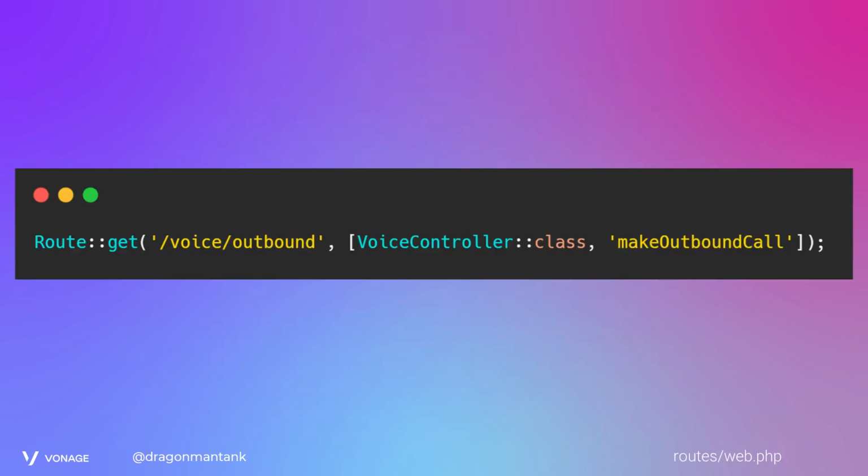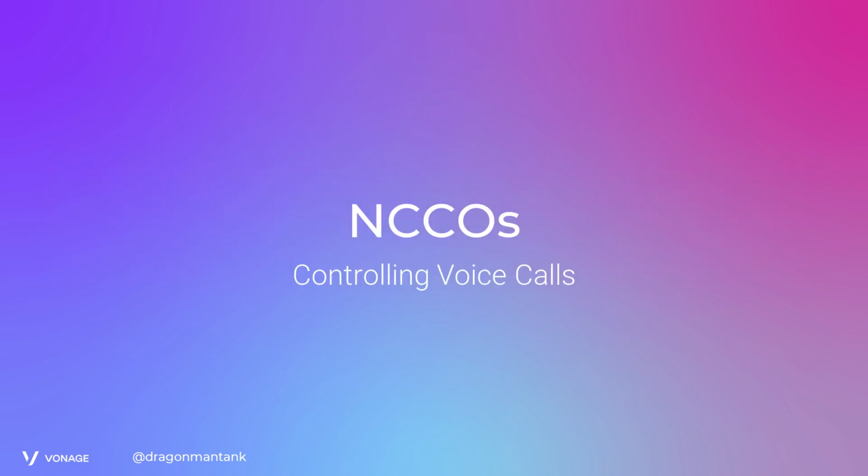So much like yesterday where we need to be able to make it routable, we're gonna say anytime someone goes to our website that goes to voice/outbound, we're gonna go to that controller class we made, and we're gonna call make outbound call. So, if everything works properly,